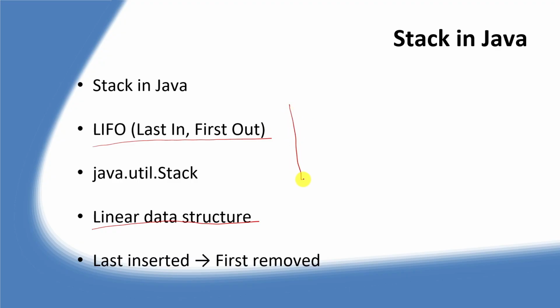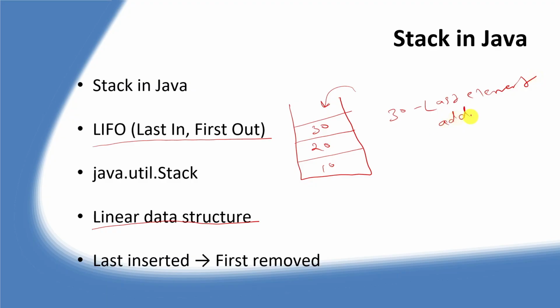So let's say we have one stack, and we are pushing elements. Pushing means adding. So let's say I added 10, then I added another element 20, then I added another element 30. I keep on adding elements, 10, 20 and 30. So what was the last element I added? 30, right? So 30 was the last element